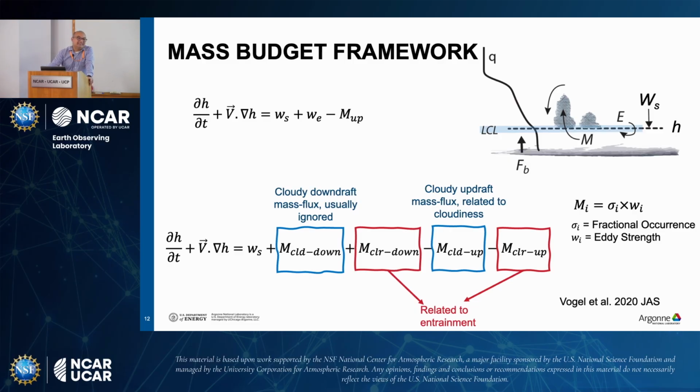Curious if you could just tell us how you defined eddy strength. Eddy strength, yeah. So we have 1 second measurements of vertical velocity from the Doppler Lidar, so we use that. It's a very good question. We have bins that go from -6 meters per second to +6 meters per second in intervals of 0.2, and then for each bin, I'm counting how many eddies we have of a certain strength, and then we add them up at the end to calculate mass flux.